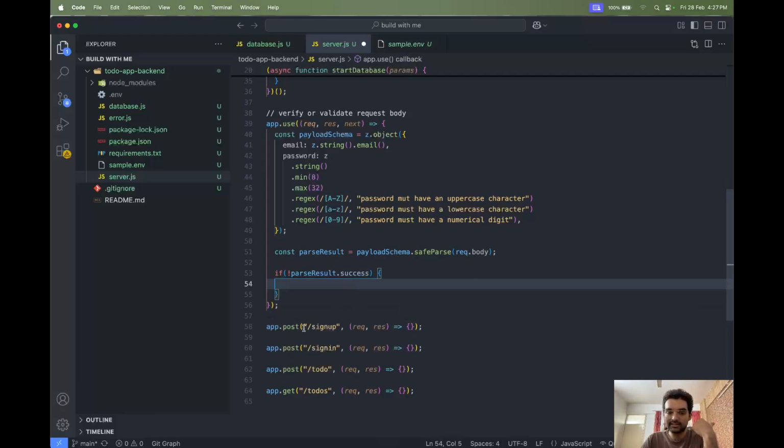He hit the sign up endpoint, but due to the middleware chaining, what will happen is it will first hit this, and we verified कि भाई बंदे ने he has not abided by the laws. So we will just